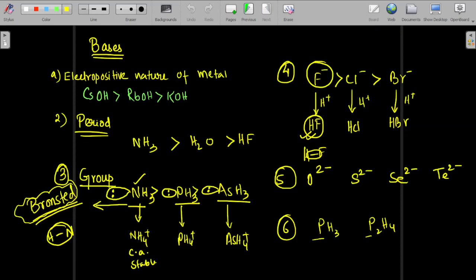So here the oxidation state is -3 and here the oxidation state is -2. So whose oxidation state is more? P2H4 has a higher oxidation state, and if the oxidation state is high, acidic character will increase. That means basic character will